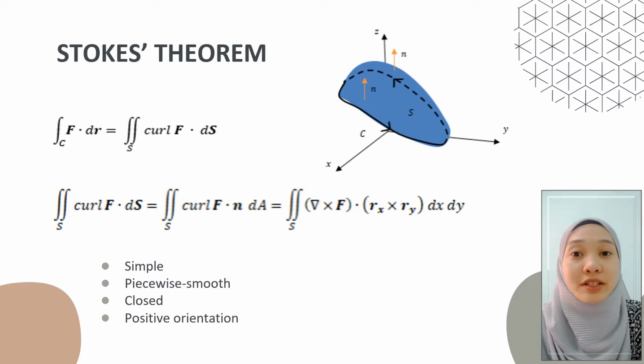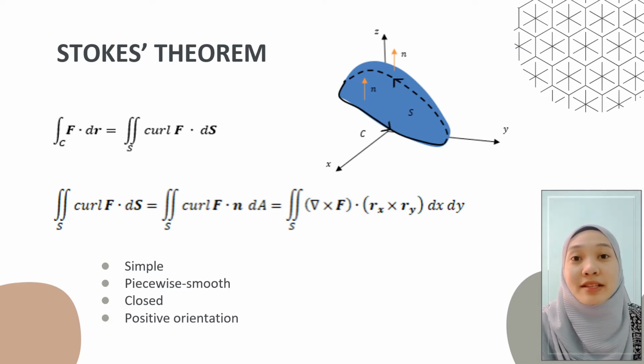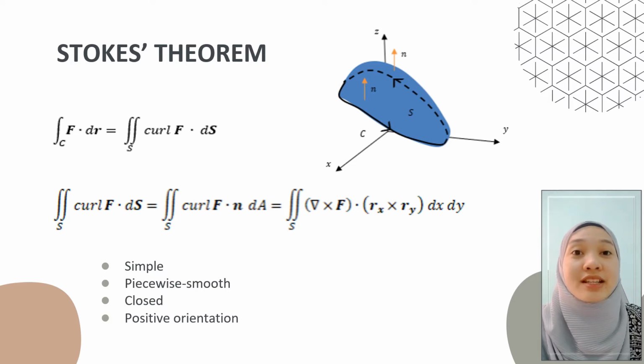When the enclosed curve C is in 3 dimensions, Green's theorem is not suitable to be used. Therefore, Stokes' theorem can be applied as the higher dimensional version of Green's theorem. Stokes' theorem is a relation between the line integral of an enclosed curve C around the boundary in 3 dimensions and the surface integral of curl F dot n around the surface S. Since the tangential component of F in line integrals around the boundary is equivalent to the surface integral over curl F dot n,